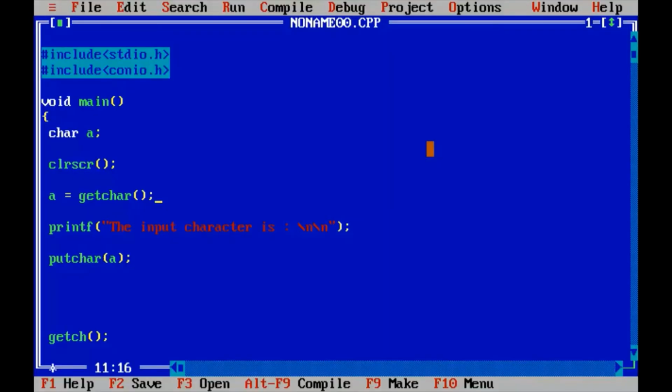Okay, so Control F9. Now enter any character. So let's say I'll enter Y. So the input character is Y. Now the control is in the place of the getchar function. Now it is waiting for us to input a character. For this I will now input character A. So the input character is A. So this is how it works. When the control is in this place, it waits for the user to input some character, and when the control comes here, it will print the actual character stored in the variable a. So this is how getchar and putchar functions work, right?